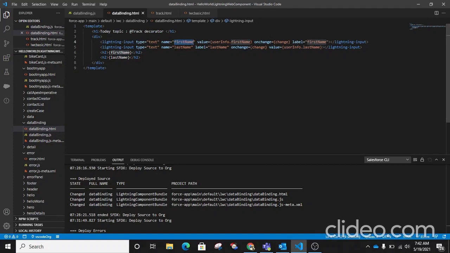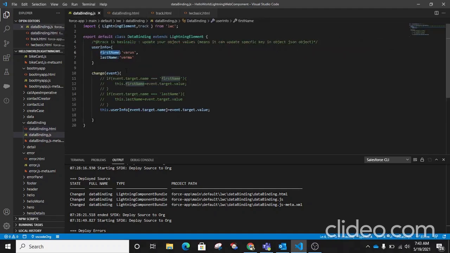When the on change event triggers on this target element, I will get the name of the target element on which the event is occurring, and I will also get the value from the event. Suppose the event is occurring on the first name, the key will be first name, so it will update the value of first name. And target value is the value we are updating on the current target element.